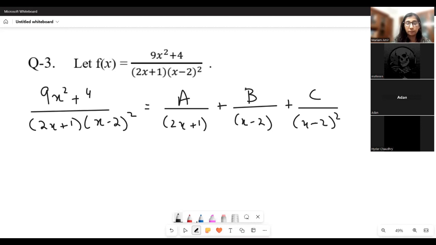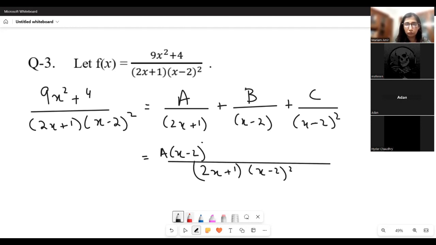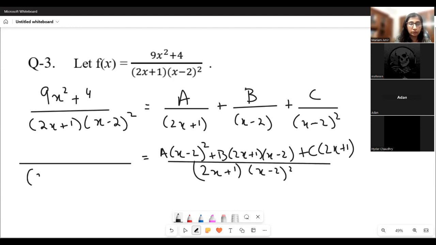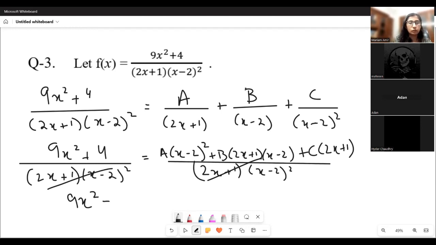All right. So LCM at the right-hand side would be (2x plus 1) times (x minus 2) whole square. A will have to be multiplied with (x minus 2) whole square. B will be multiplied with both (2x plus 1) and (x minus 2). And C will be multiplied with (2x plus 1). Denominators on both sides would cancel each other. Okay, we have 9x squared plus 4 equals A(x minus 2) whole square plus B